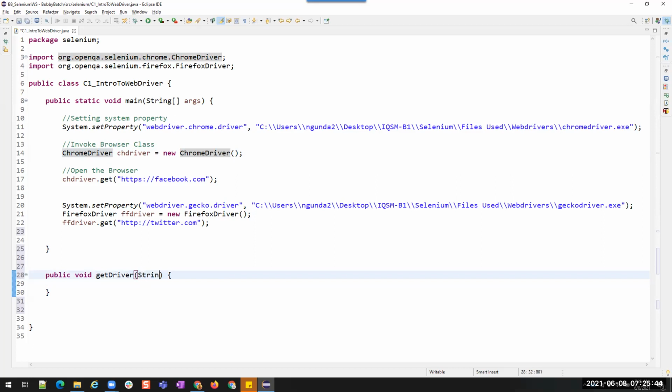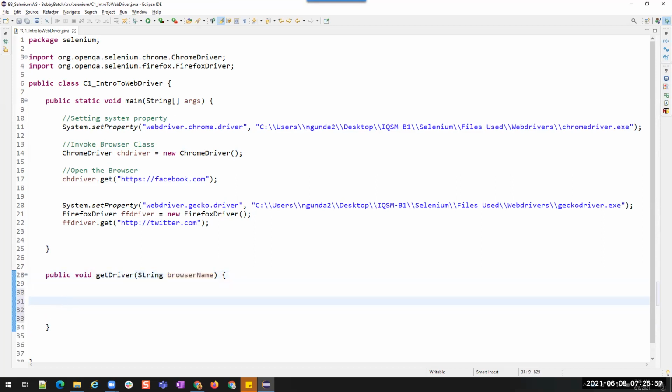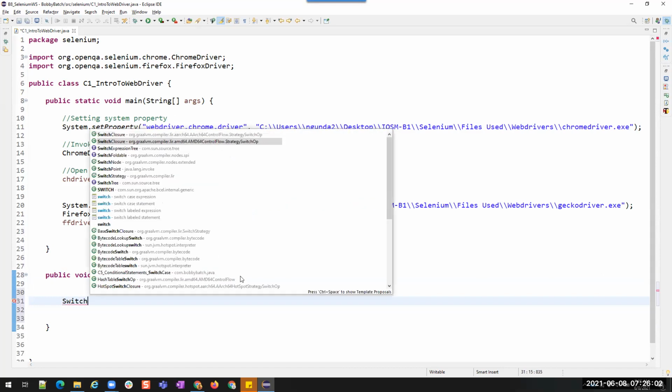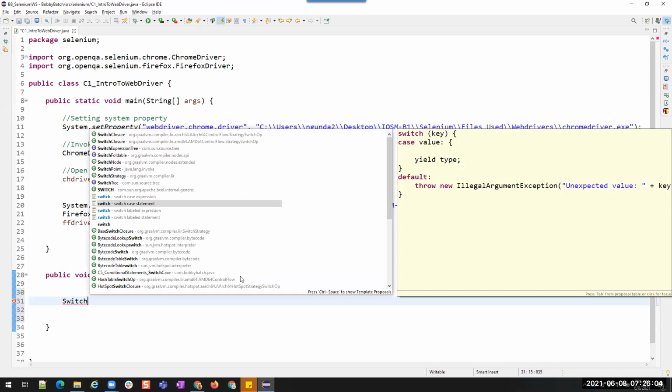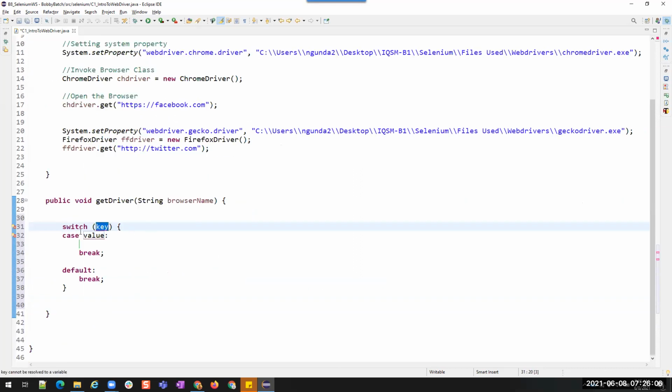So I'm creating a String. I have to pass my browser name, then only I can open this. Okay, I created a browser. Now I will create a switch case, and the key is browser.